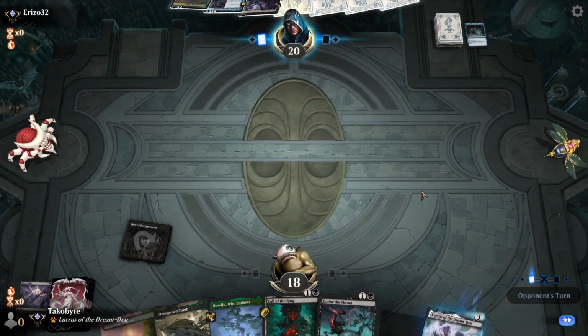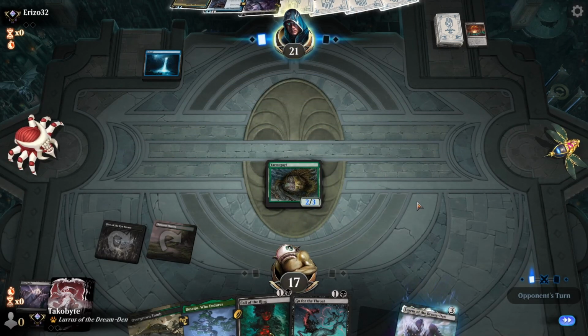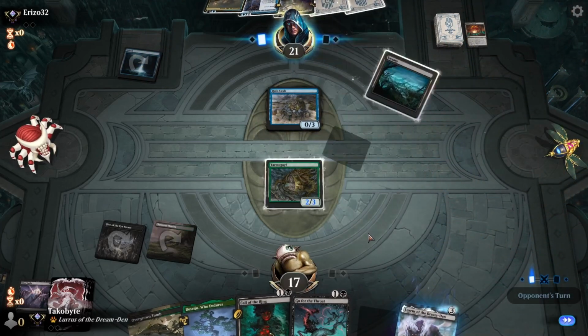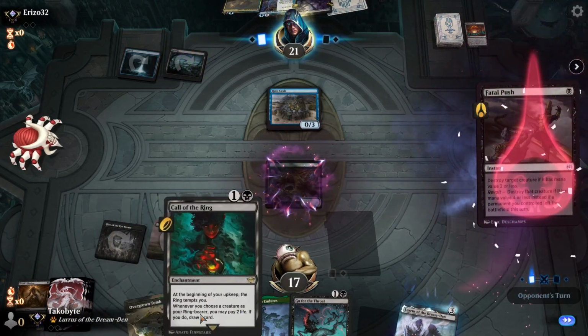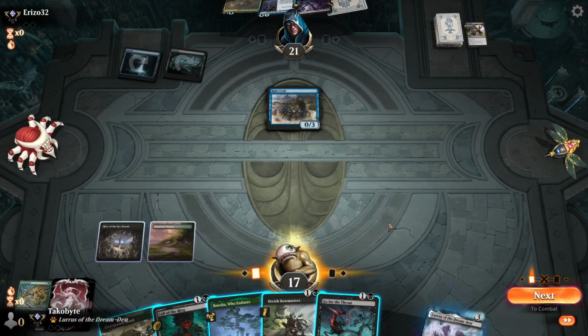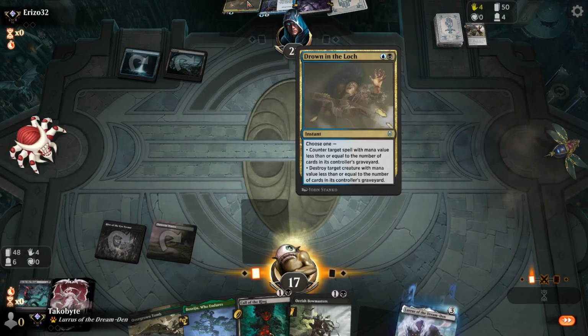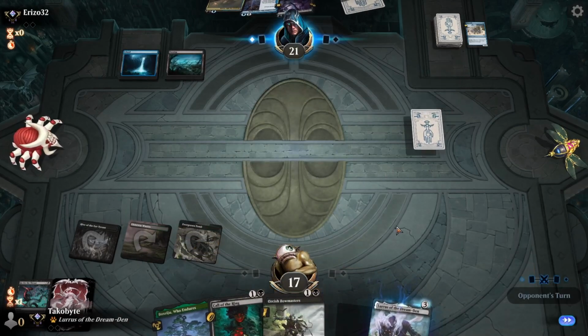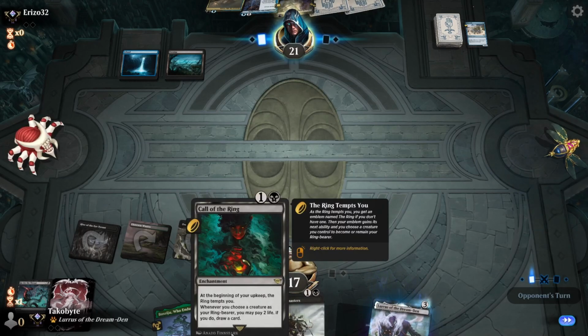I guess I should get rid of Tasha. Armageddon? Okay, that is getting destroyed immediately. Oh. Do I let them have a turn? I don't know. I feel like I should kill it. They have a drown in the lock. So I'm not going to shock that in because Call of the Ring basically spells more draw in exchange for life, so...